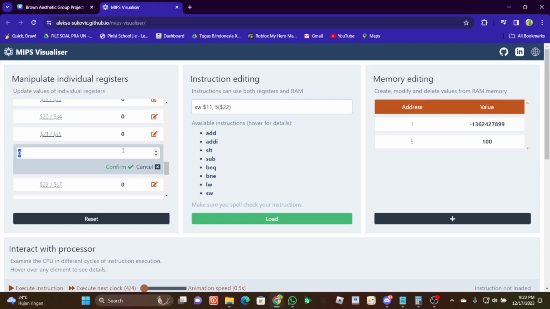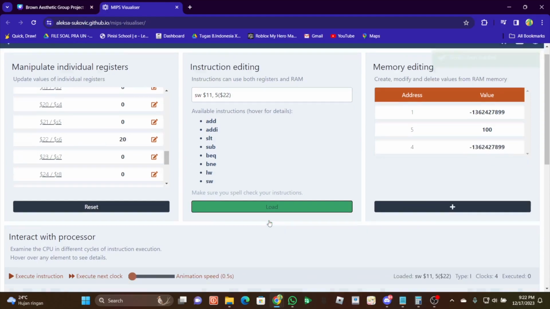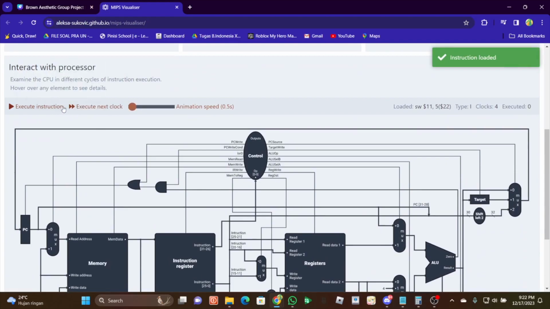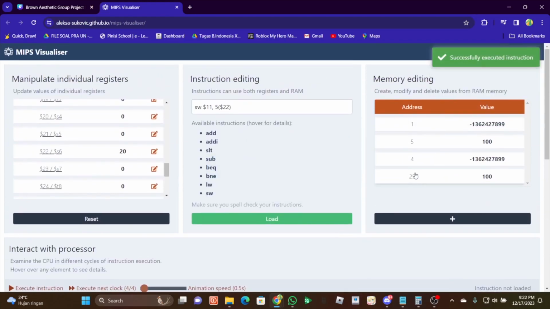So what if we change the value in address 22? We change it to 20, for example. So the value for address 22 is 20. Then we load the instruction, then we execute, and as you can see, we get 100 in address 25.